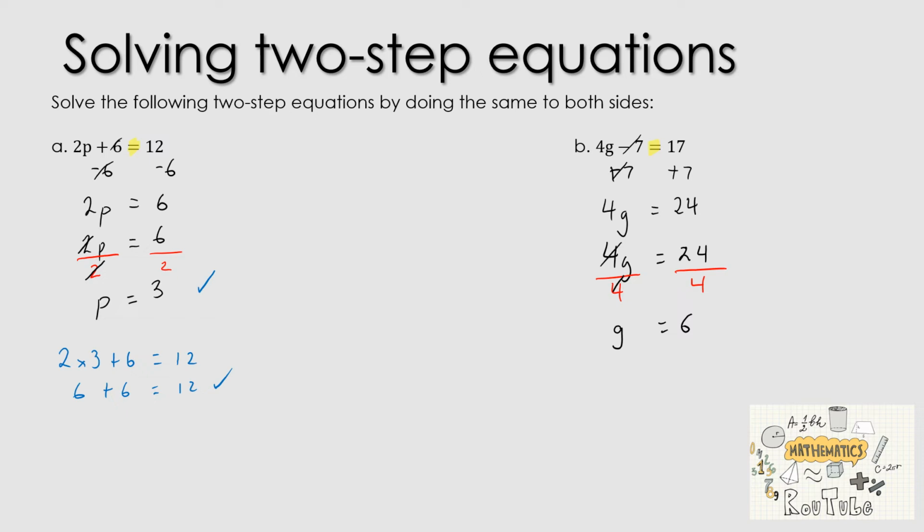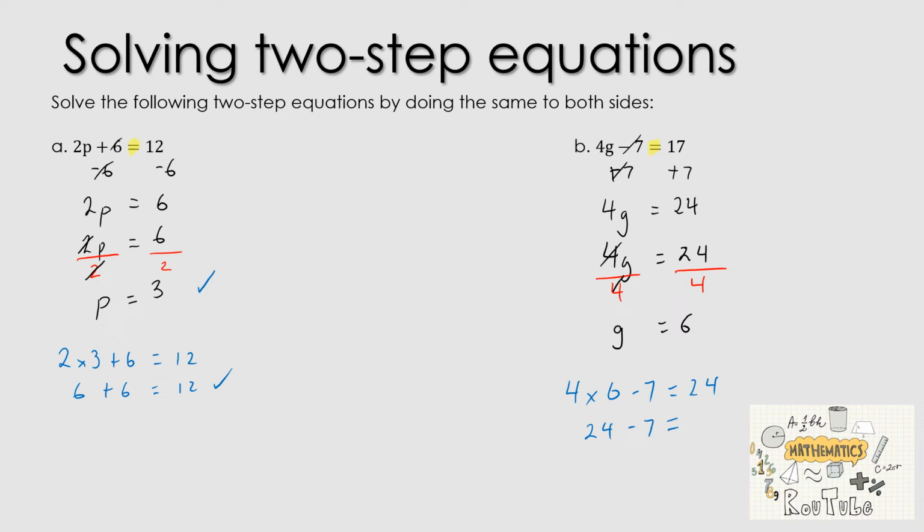And again, now to double check our answer, wherever we see g, we're going to take it out and substitute it with 6. So here we've got 4 multiplied by g, which is now 6, minus 7 equals 24. And then hopefully the left-hand side and the right-hand side match or are equal. So we've got 4 times 6, which is 24. We've got 24 minus 7